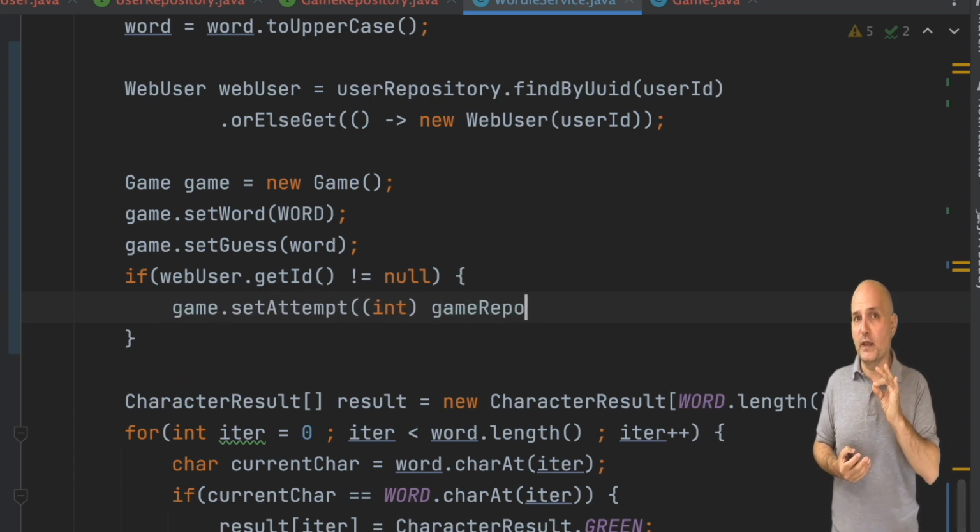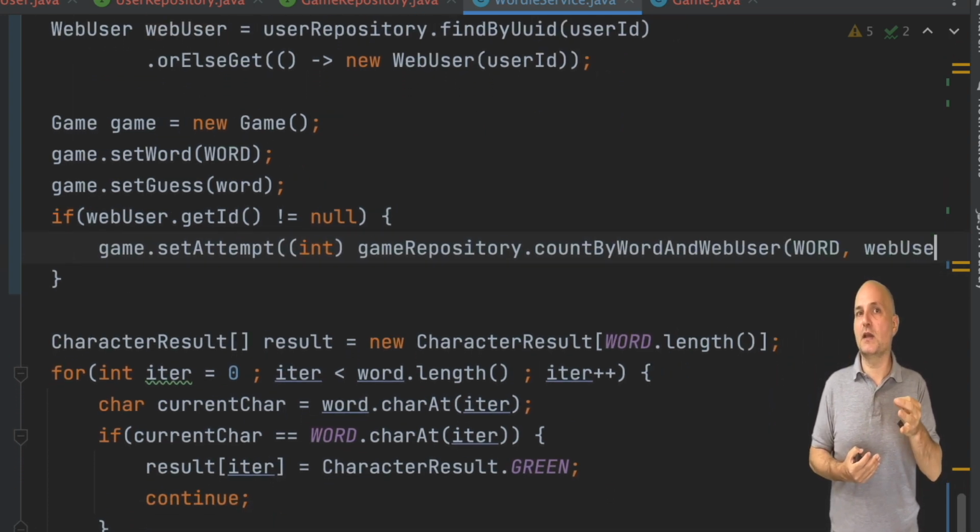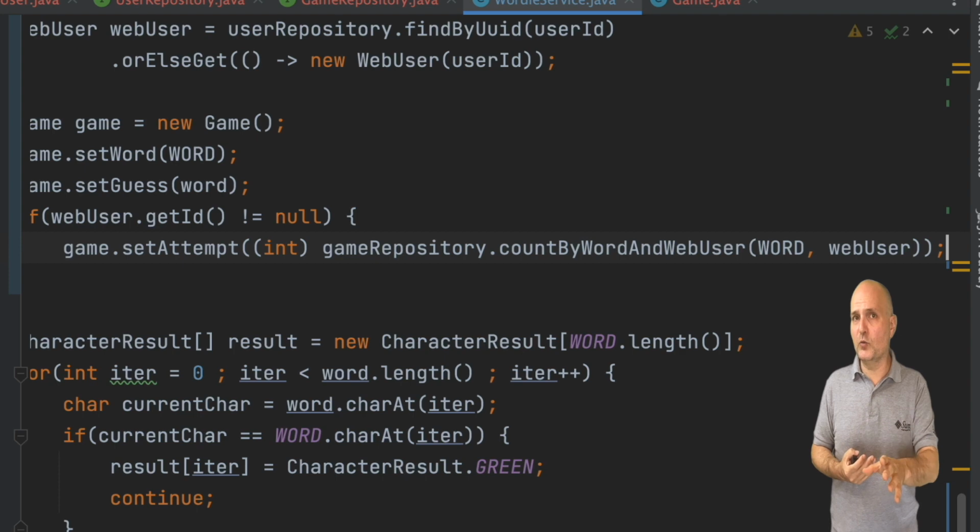Now we can create a game instance and set both the word and the guess entry into it. We can then check if we have a user ID. If we don't have one, that is the first guess by a user, so the number of attempts is bound to be 0. We need to do that because we need the user object for the next query, and it will only work for a user with a proper ID.